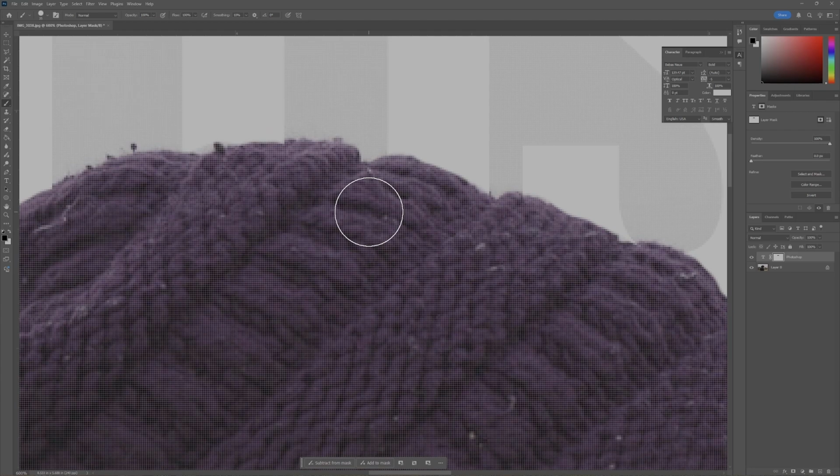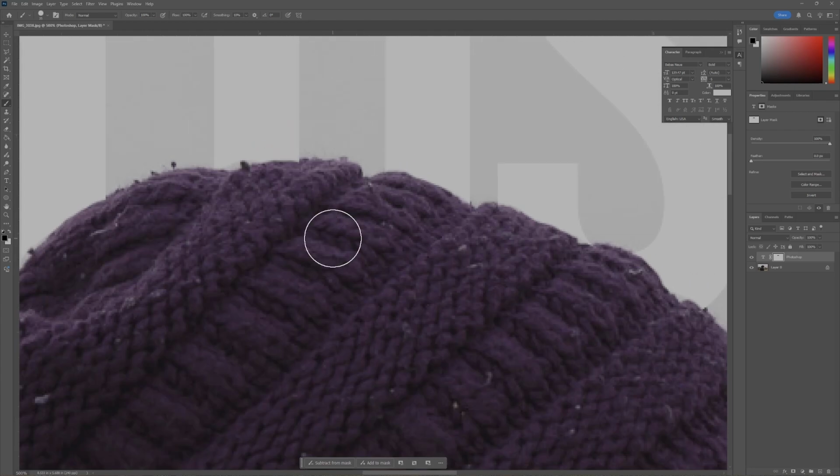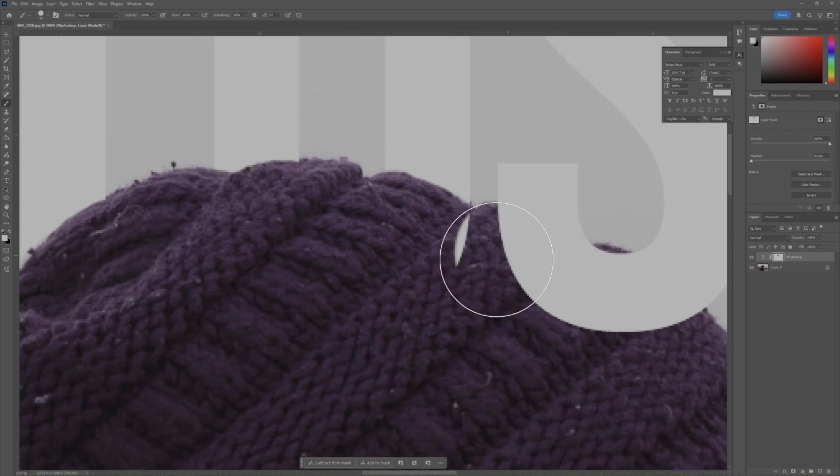So if we go in there, you'll see there's a little tiny spot right there, but now I don't have to hit Control Z. Now I can just go to the white paintbrush and begin painting in the white to reveal our information. So there's a little bit there, reveal. Now I can go in here and begin revealing. In fact, if I want to reveal all of it, I can just start painting it back in and see